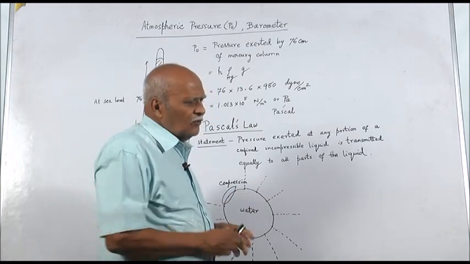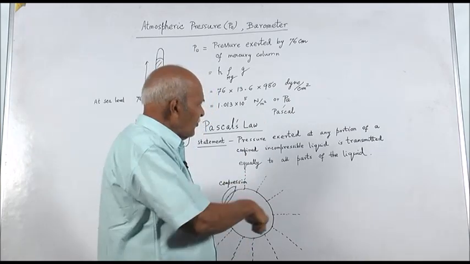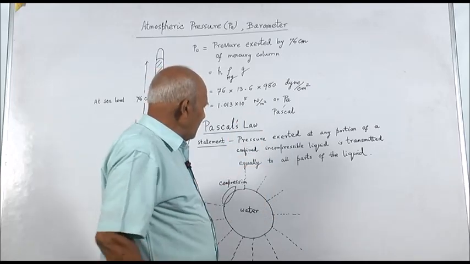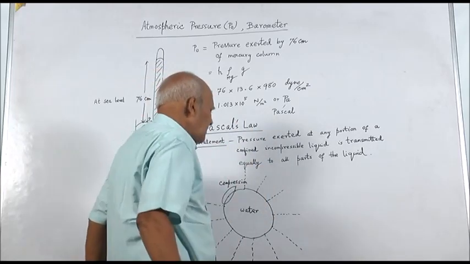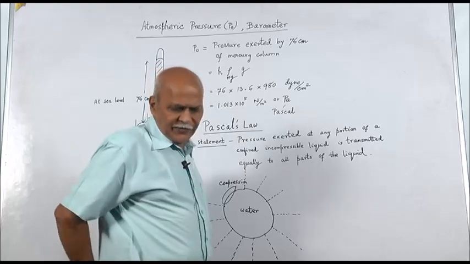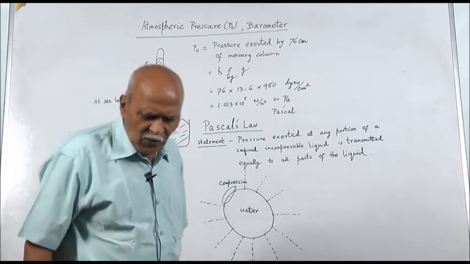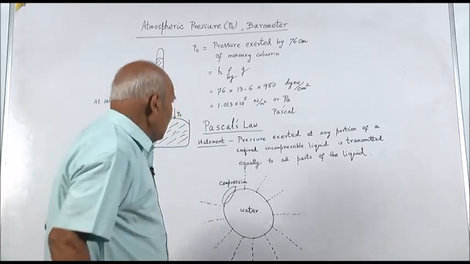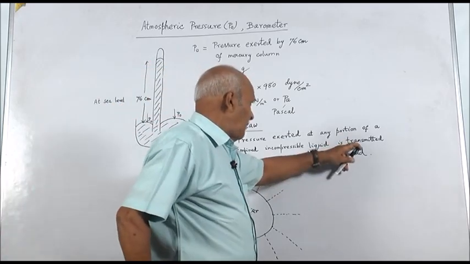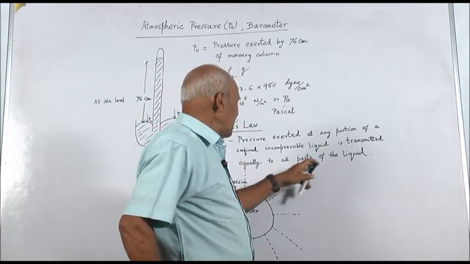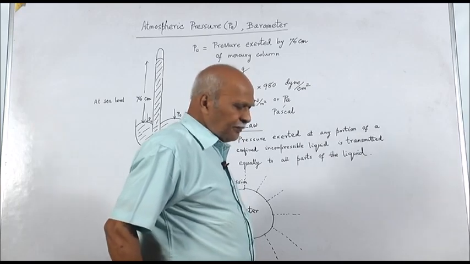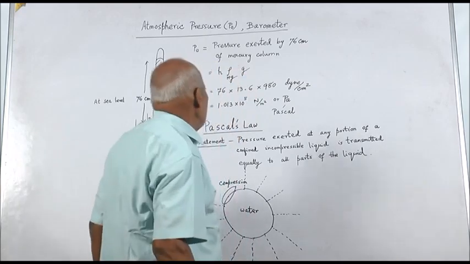Another explanation, in some books, is a piston type of arrangement. By means of a piston, if you apply pressure, again this type of thing happens. So, this is a crude way of explaining how the pressure is transmitted equally to all parts of the liquid,